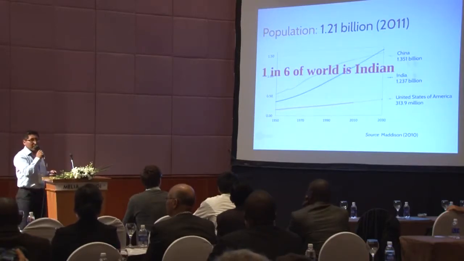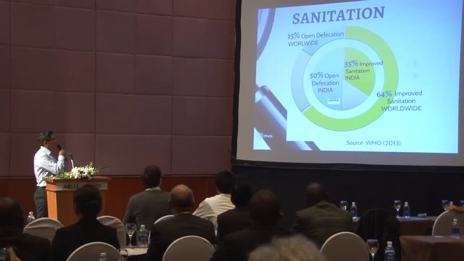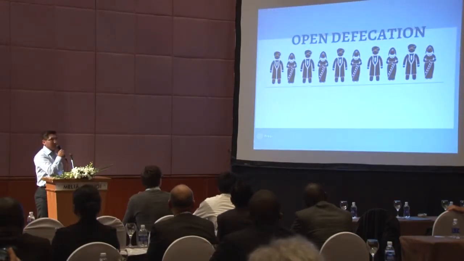And we also have to consider that India, after China, is the second largest population in the world. One person in every 6 is from India, you know that. The situation about drinking water has been improved a lot in India, but the situation about sanitation is one of the main issues that the Indian government and the different institutions are trying to work on. The most interesting data was mentioned also this morning: half of the population practice open defecation. It was the main purpose to start doing this research in India.